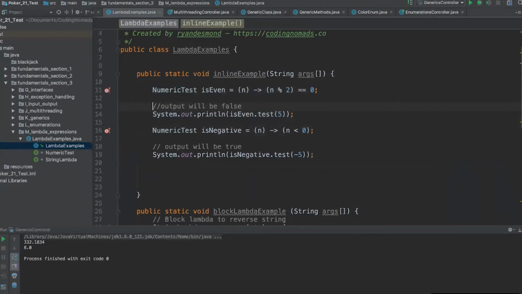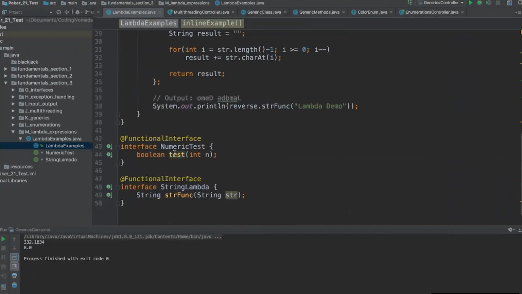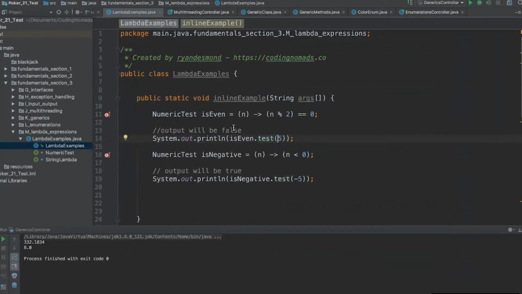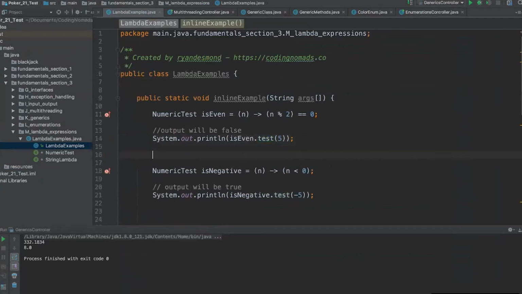Numeric test. So we're creating this object called isEven. Here we can say system.println isEven, and then call that method test, which is what this functional interface method is called, and pass it a number. Then we could totally redefine it too. We could say isEven equals, and then the argument that is going to be passed in, and then the lambda